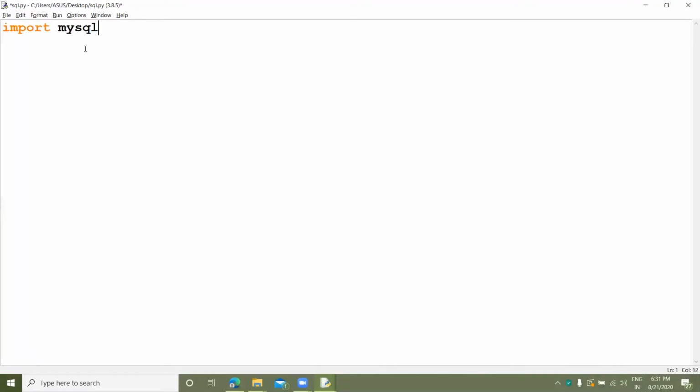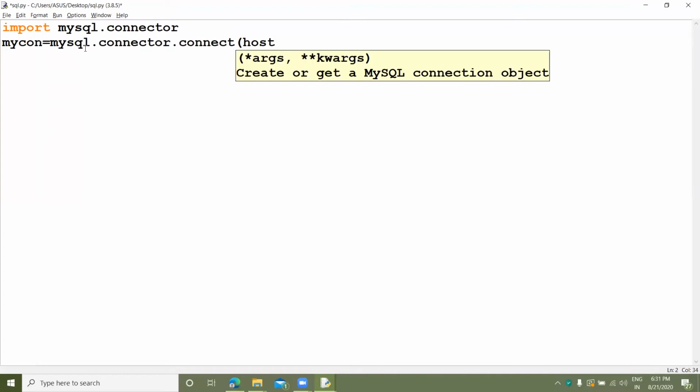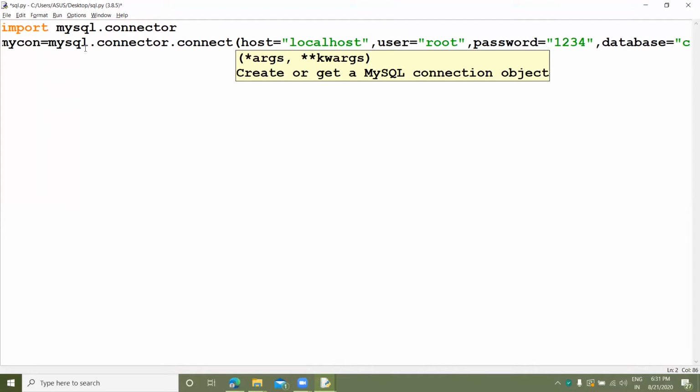Import mysql.connector, my connection, mysql.connector.connect, host is equals to localhost, user is equals to root, and password is equals to 1234, and database is college.